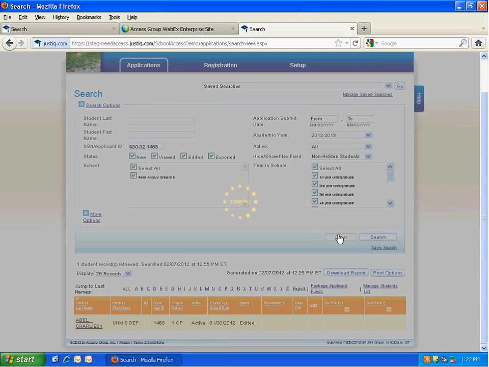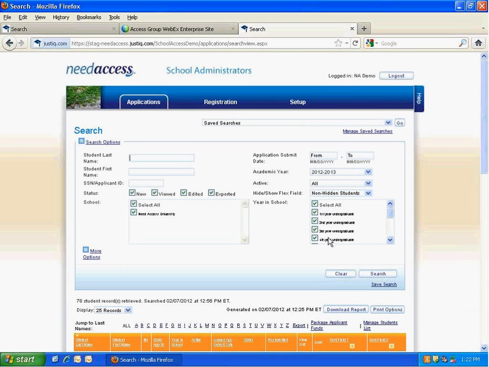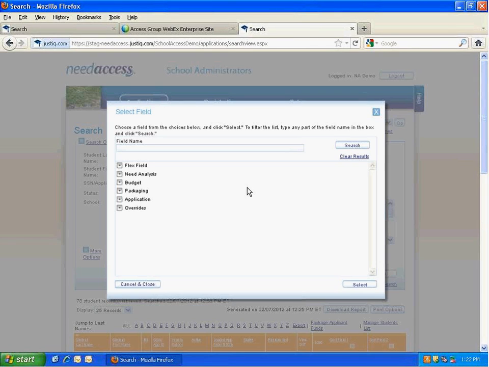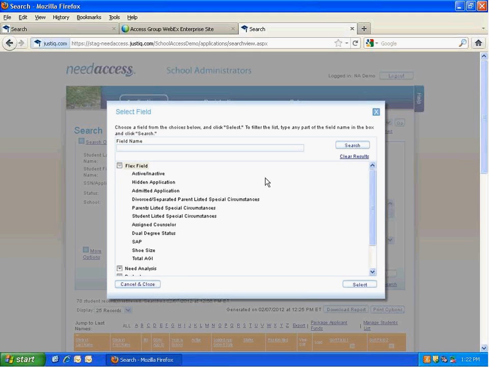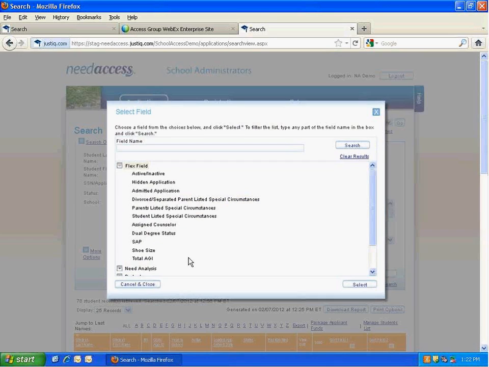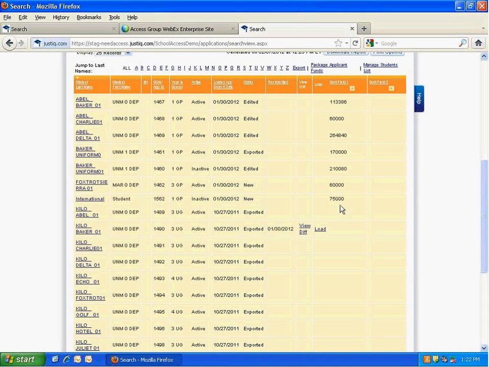Now, let's say I wanted to see that number as I calculated it from everyone. I'll come back here to my Applications tab. I just cleared my search results, so I have a full list of students again. I'm going to go to my sort field and click the plus here again, which is going to open my field picker. I'm going to open flex fields. You'll see it gives me all of the flex fields that I have available, and I want total AGI. When I pick it, it'll populate this right-hand sort field column for everyone that it's calculated